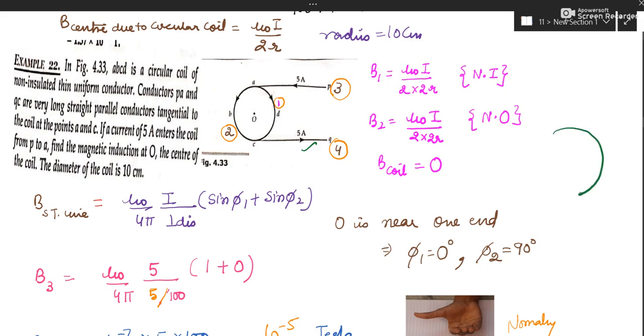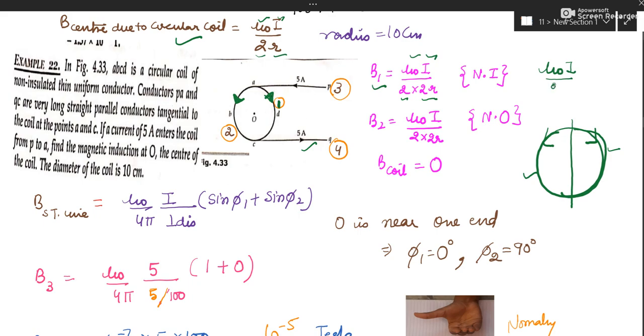So you can see this is a circular loop, but here current is like this and here current is like this. Please observe very carefully. This is what people ignore and they just use the formula of the full loop. No. So these are two semicircular loops. One is carrying current like this and one is carrying current like this. So due to the full loop, the formula is mu naught I by 2 radius. Due to semicircular loop 1, see this is 1, due to this portion of the loop it will be mu naught I half of 2r, that is, mu naught I by 4r. This is the magnetic field due to the first loop.